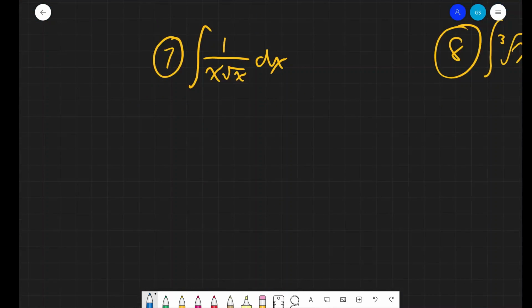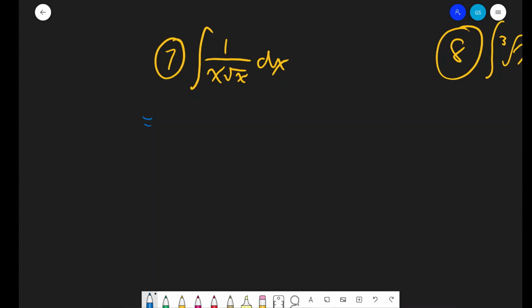All right, number 7, a bit of a trickier one. Just like in that last example, I had expressed the exponent as a negative. I'm going to do the same thing here. So this is x^(-3/2), integrating that. And if you're wondering where the 3 over 2 came from, this is x to the half, and